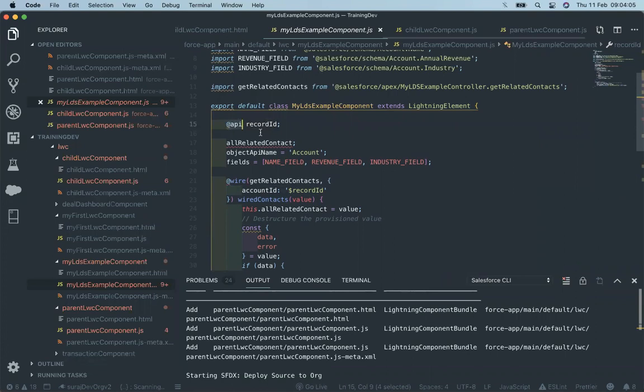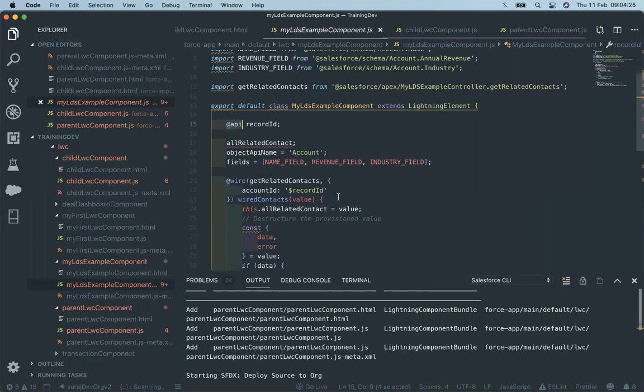It's only because whenever we have to take a value from the parent component, we have to use the API annotation, so that it will get the value from the parent component. Since this LDS form is going to be used inside the record page, the record page will become a parent for that.